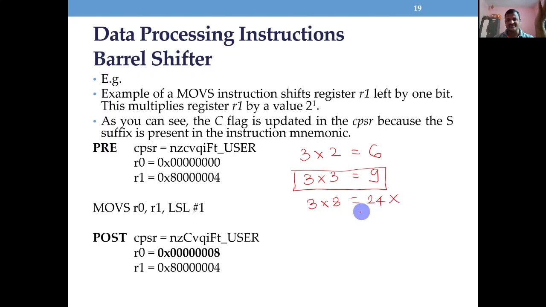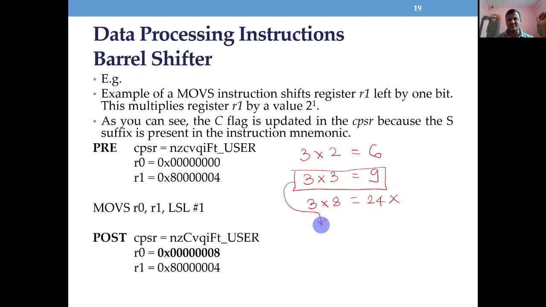Which is the wrong answer. We can't even shift thrice. Because once if you shift, it is multiply by 2. Twice if it shifts, multiply by 4. Thrice if it shifts, multiply by 8, if you are shifting towards the left side. Okay, now I'll come to the answer.